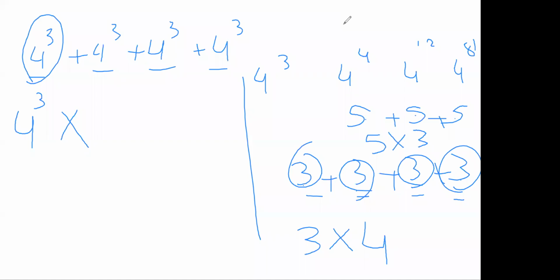How many times here? 4. So instead of this one, it is 4 power 3 times 4. But what is the difference? Here, what will you do? You will make 4 power 3 plus... 4 power 3 which equals 64, and do 64 plus